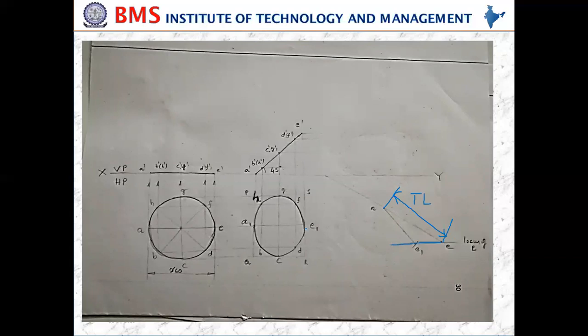Now what I have taken? I have taken the A1 E1 distance, and I cut this locus line with the A1 E1 distance. Then join to the same point. So this is the apparent diameter now. This apparent diameter makes an inclination: if you extend this line so that it meets the XY line, I'm going to get the beta. This is the beta which you need to find out. So this is how you need to find out the beta.